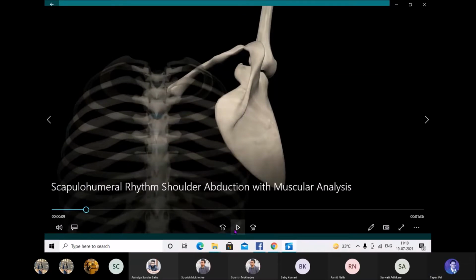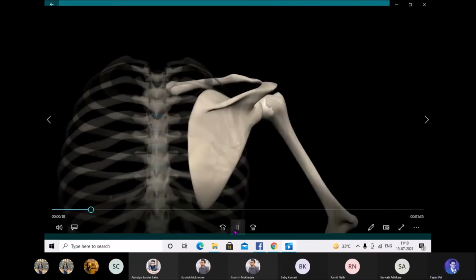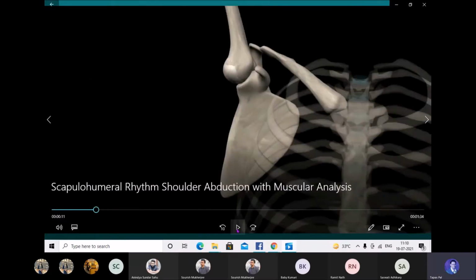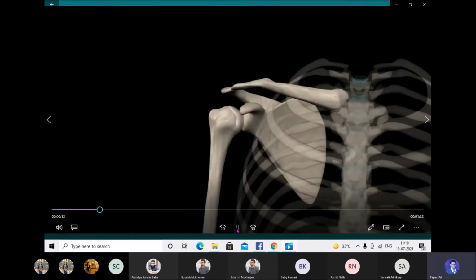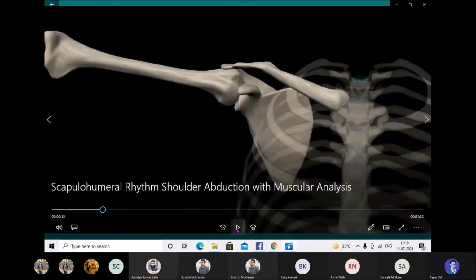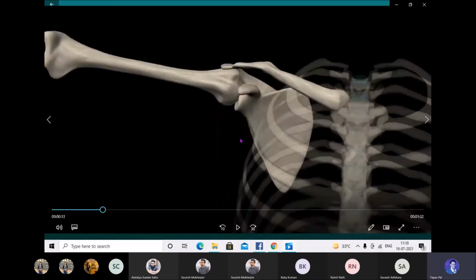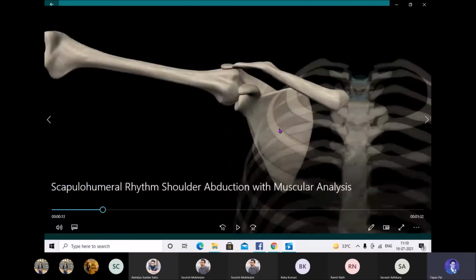Now if we go further, now see again, this is the humeral abduction motion. Again, this is the humeral abduction motion. In this region, some muscle will contract, so the scapula will go for a protraction. Which muscle helps to go for a protraction of the scapula? Who can tell? Which muscle will help to go for a protraction of the scapula? Serratus anterior. Very good. In a single word, it's the serratus anterior.